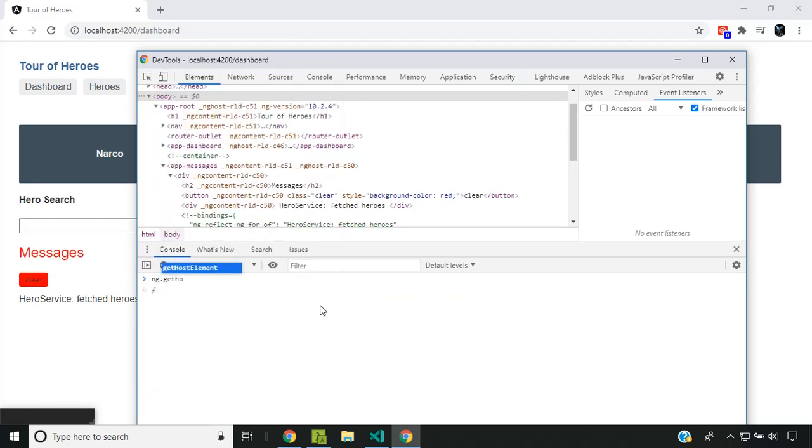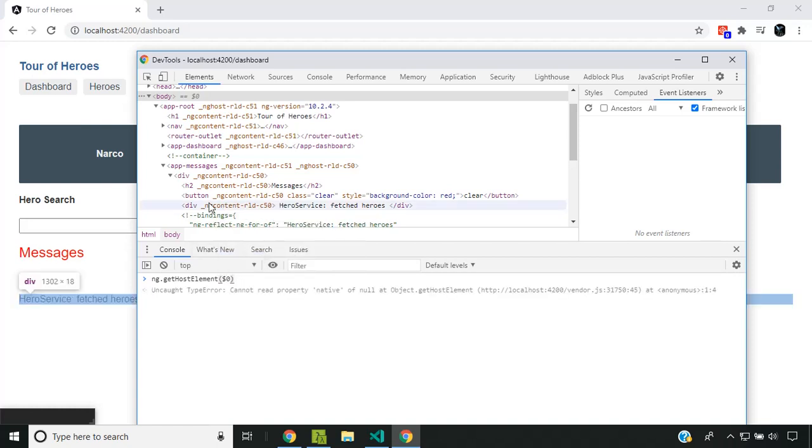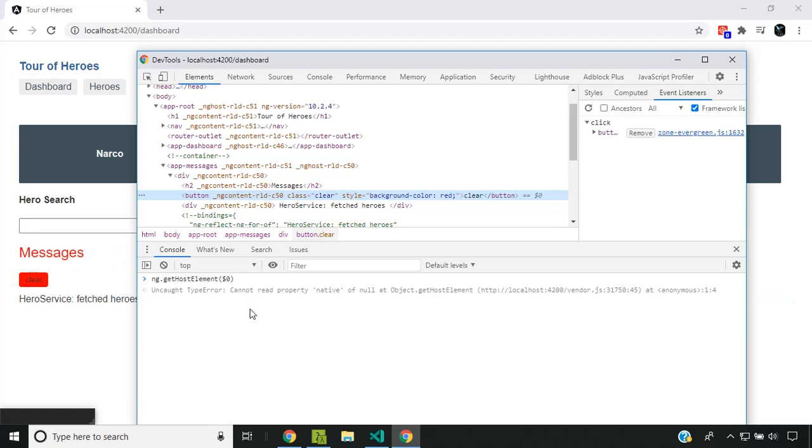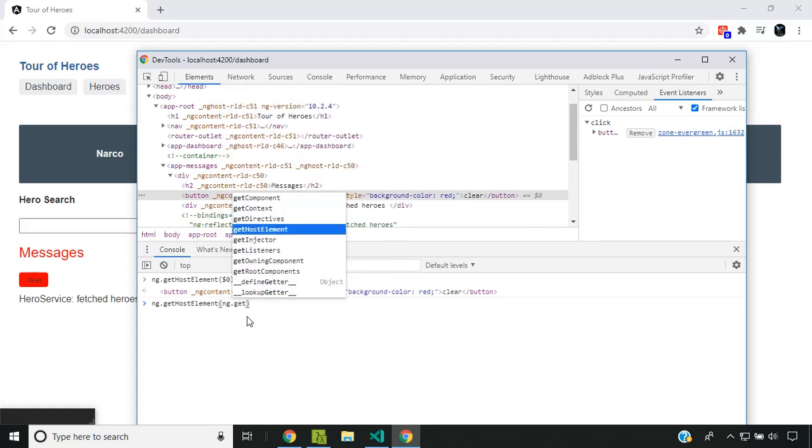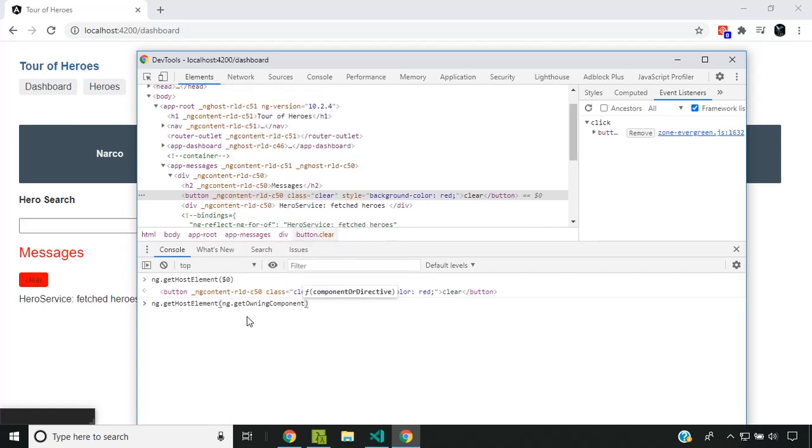ng.getHostElement. So if you select a particular element, so I am selecting the button, and if you type this, you will get the exact same element itself, but you can use some manipulations to get the host element of any, like the owning component.